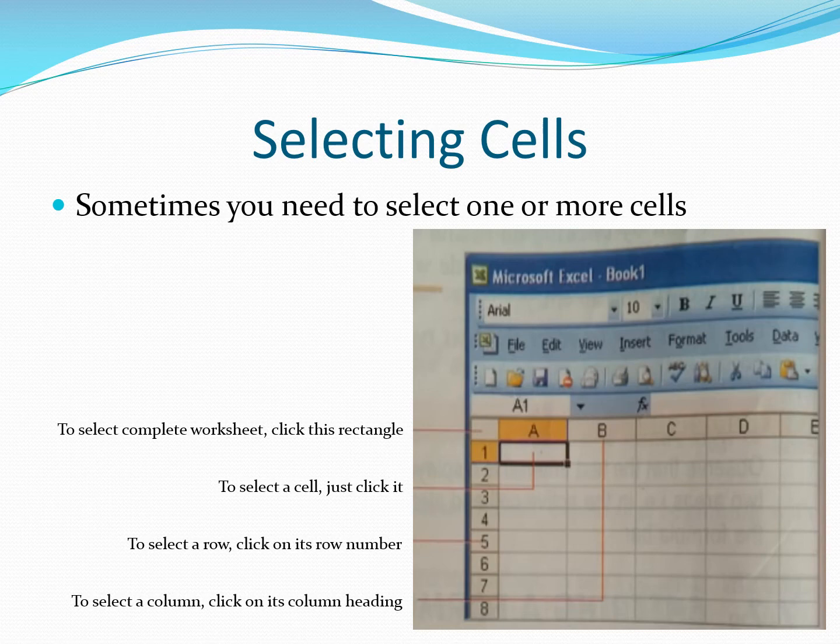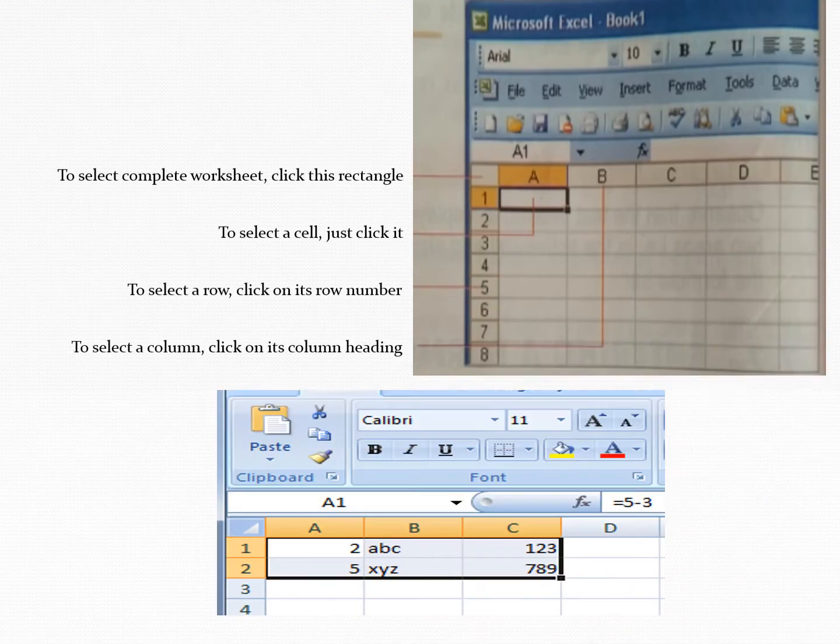If you want to select a single cell, you just click that cell. If you want to select a row, you have to click on its row number, and if you want to select a column, you have to click on its column heading.